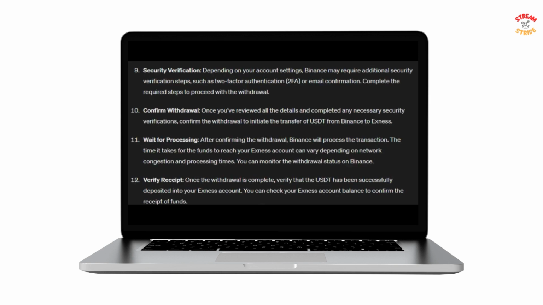After that, what you want to do is go to your security verification. As you're sending a large amount of money or a small amount of money, you need to verify so that the bank can verify you. So the next step is to confirm your withdrawal. After you've completed your verification, click on the confirm withdrawal process so that it confirms that you really want